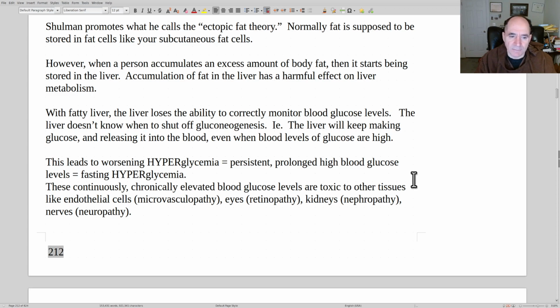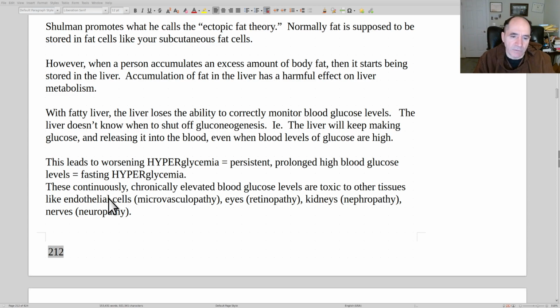Okay, so that's bad. Continuously, chronically elevated blood glucose levels are toxic to other tissues. We've talked about skeletal muscle cells being able to regulate the amount of glucose they take up, because they've got those GLUT4 glucose transporters that are sent to the plasma membrane when they want more glucose after insulin is bound. But there are other cells that are called constitutive, and what that means is they always take up glucose in proportion to the blood level. So these cells are vulnerable in the setting of chronic around-the-clock hyperglycemia to taking up too much blood glucose. They can't protect themselves from chronic high blood glucose level.